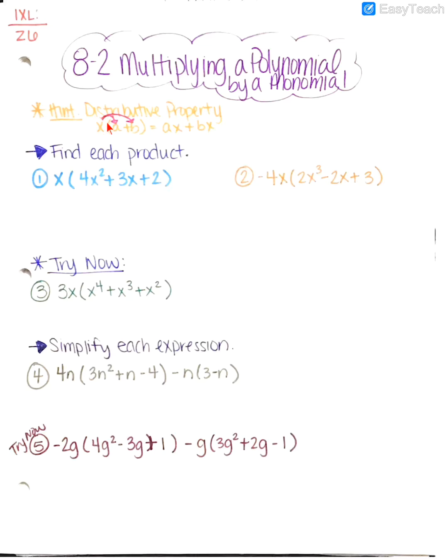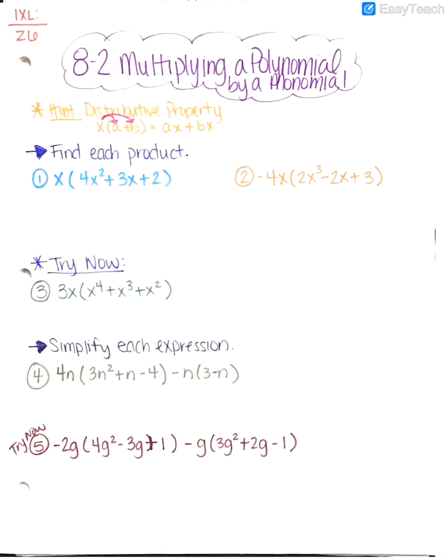So whatever we have on the outside of the set of parentheses, we're going to go ahead and multiply by everything inside the parentheses. So for example here on the distributive property, we're going to do x times a, which gives you ax, and then x times b, so you're going to add bx. And if you can combine like terms, then you can go ahead and do that. So in our first example, we're going to go ahead and